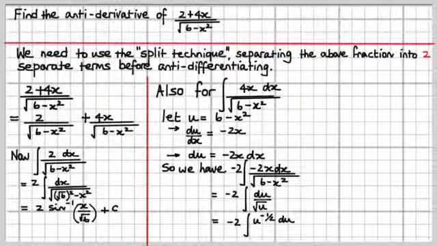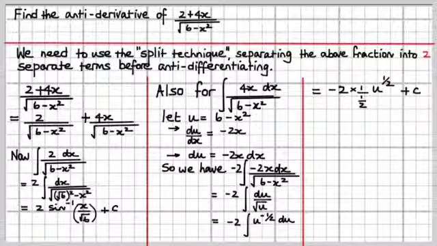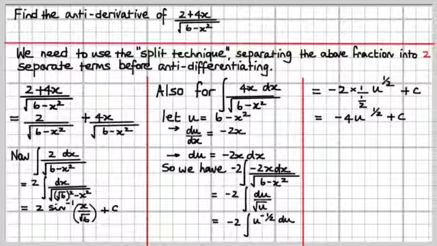Okay, so what it is, it's minus 2 times u to the minus half with respect to u, and it's just routine from there. You know how to do that. It's a polynomial antiderivative. So what's 1 more than minus a half? It's plus a half, so the antiderivative of u to the minus half becomes 1 over plus a half u to the plus a half plus c, and don't forget the minus 2 out the front, and we get that, right? So therefore that becomes minus 4 times u to the plus half plus c,